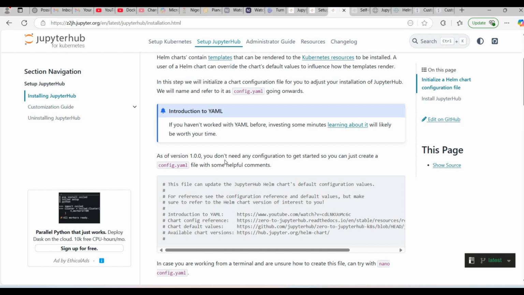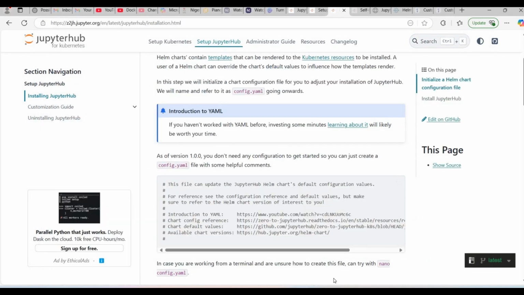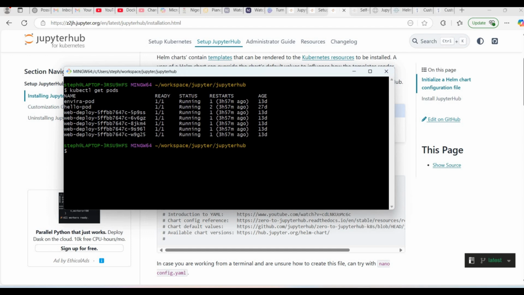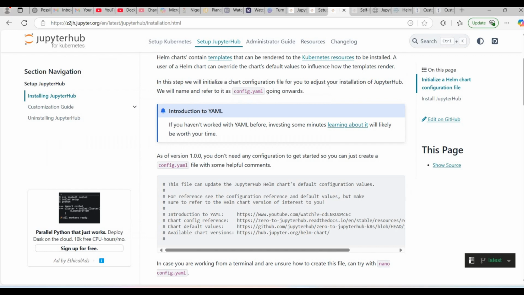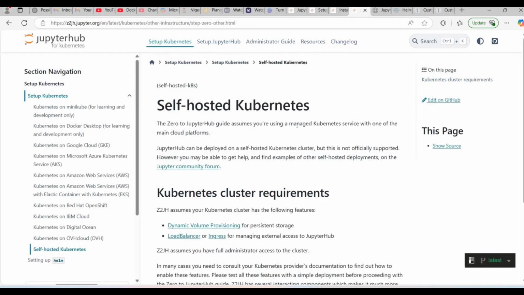The first thing you need to have is basically your Kubernetes cluster. As I said, I'm going to be using Docker Desktop, and Kubernetes is running on the Docker Desktop. So just to prove that, let me type kubectl get pods. This should show me the list of running pods on my Kubernetes cluster. So if you are going to use Helm to install JupyterHub, you need to have Helm installed on your system first. And